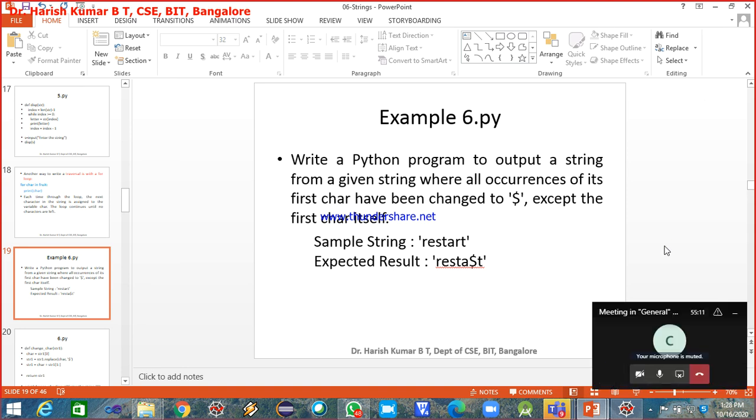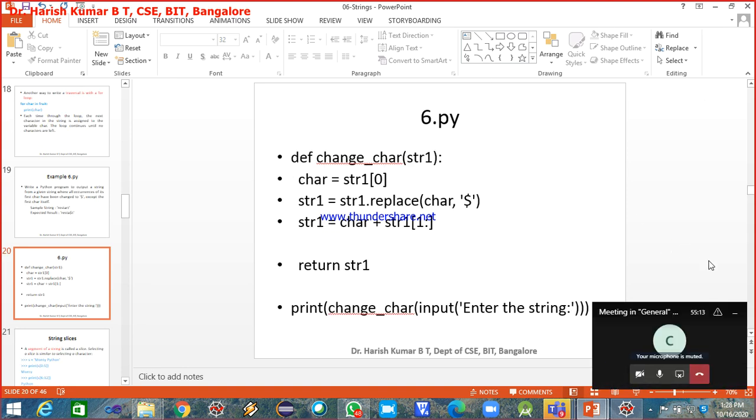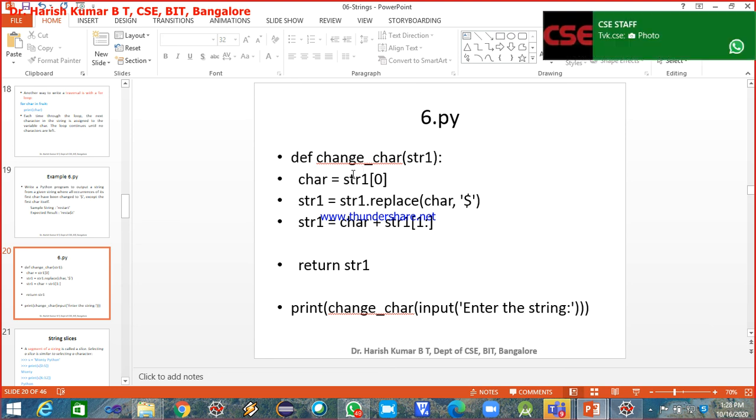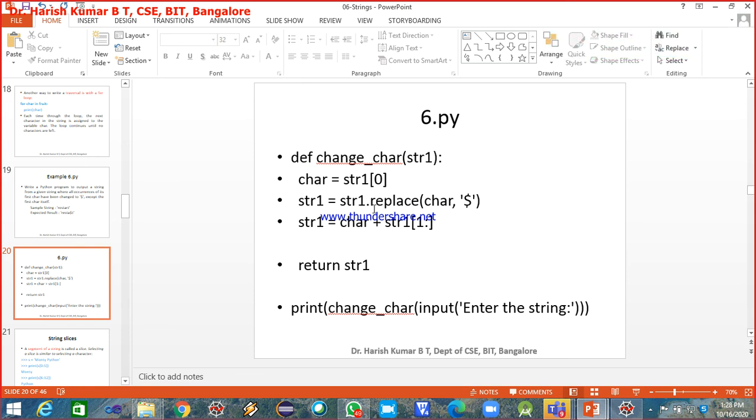Okay, I'll show you. Say this example now. I'm reading this string and then copying the first character of my string to char. There is a built-in function again, str1.replace. This replaces the occurrences of this character, the first occurrence, correct, with dollar.